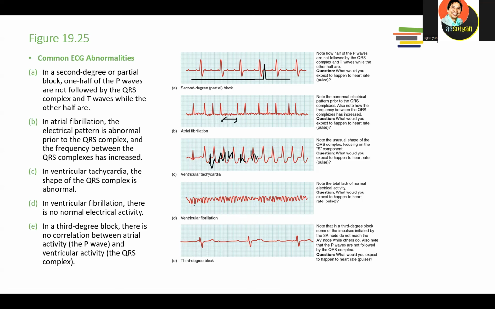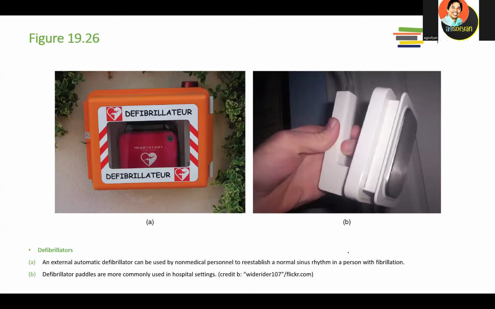This is telling us a fast heart rate, but it's not that forceful. This is ventricular fibrillation. And this is very slow contraction. It's kind of bradycardia over here, which is when the contraction is very, very slow. This is the equipment that you should use, defibrillators, to help people with some abnormality in their heart muscle contraction.